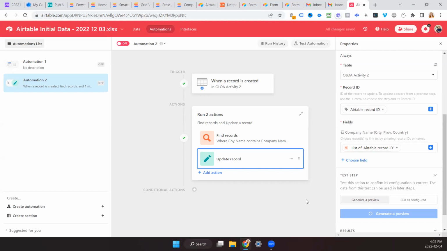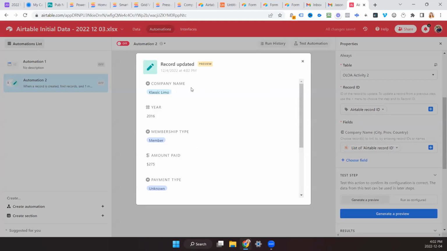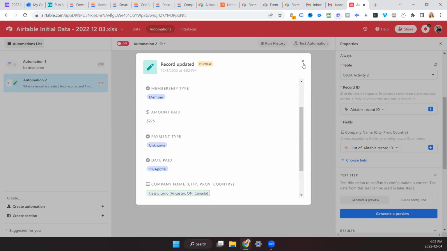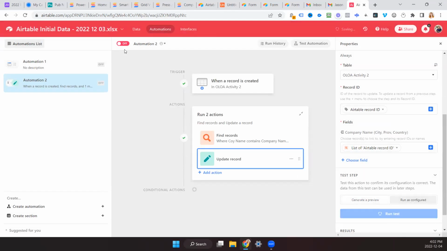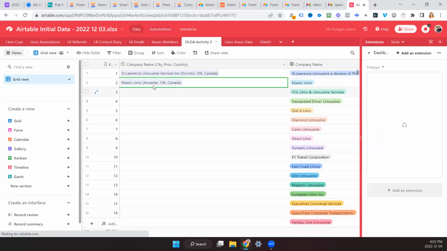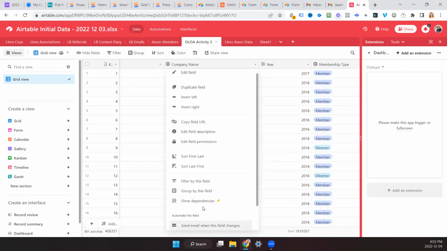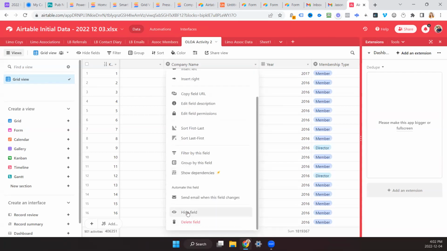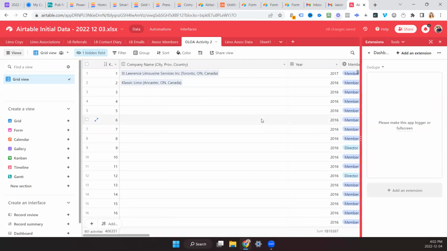If we generate a preview, we see classic limo would be added like that. So run a test, and this way it will always be added like this. I would just hide this field. Keep it, but hide it, so it's there but you don't need to worry about it.